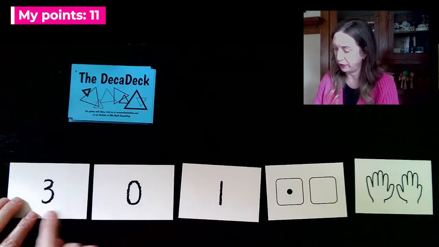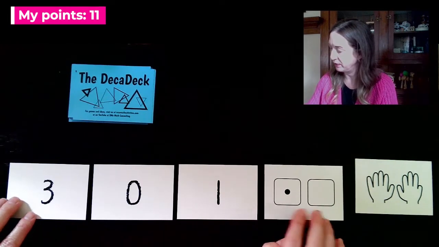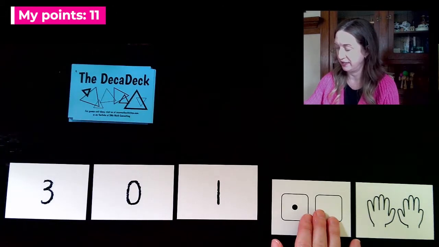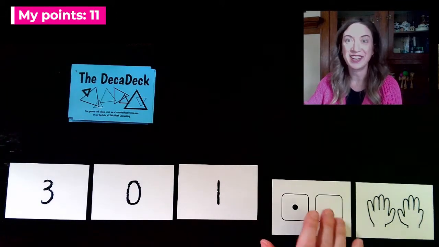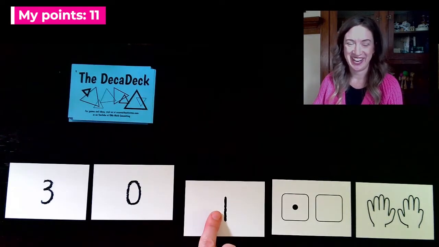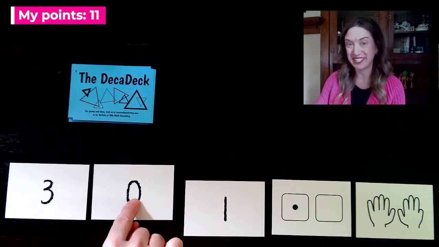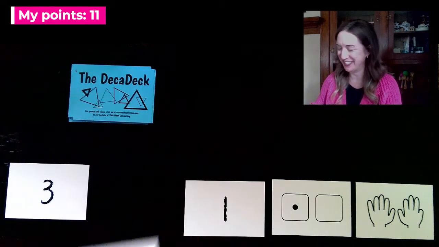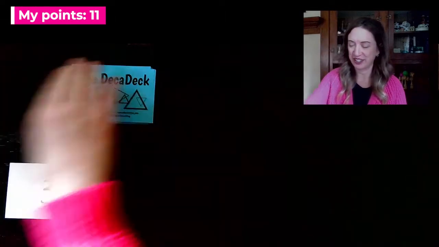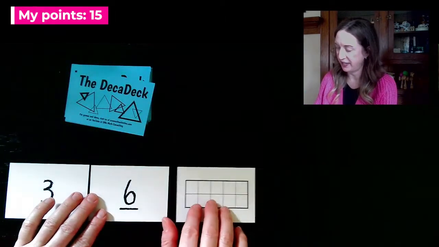Let's see, I have a 3, a 0, a 1, and a 9. Well, I know that 9 plus 1 make 10. Ooh, and 10 times 1 is 10. And that 10 plus 0 is still 10. So I was able to use another 4 cards. Let's keep going. Got a 6, a 0,